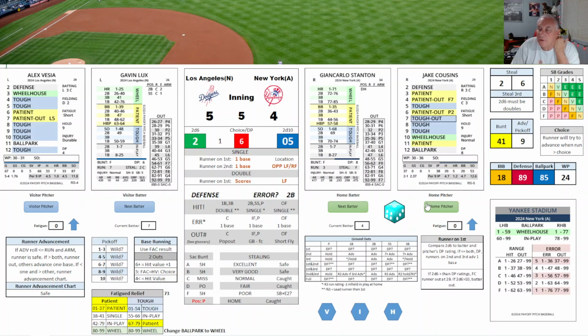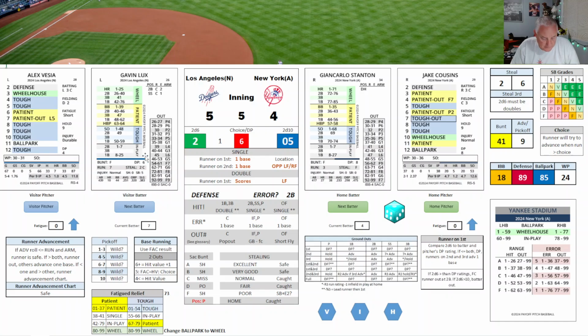So he's a 5. Notice here the difference: 2 versus 6. That is 4 more on the downside. So we're going to subtract 4 divided by 2 is 2. We're going to make Cousins 3 for his endurance, so he might be able to get out of this inning. Runner on second, 1 out.